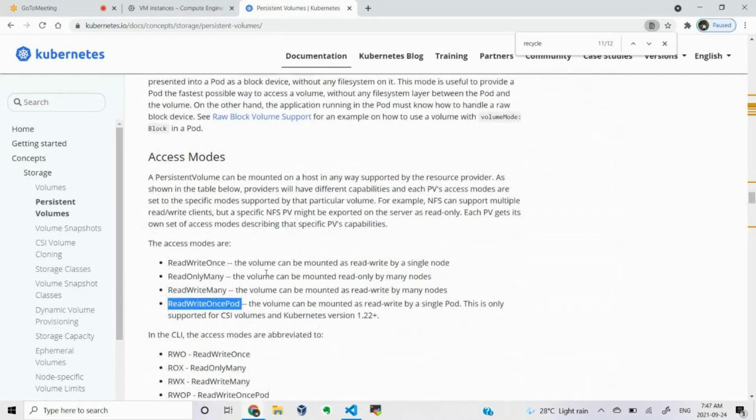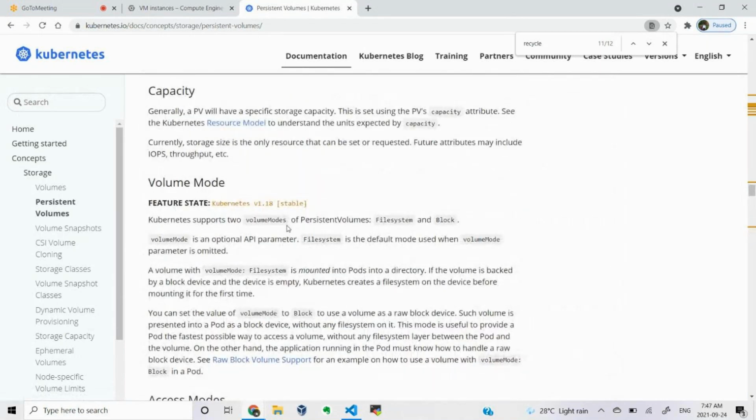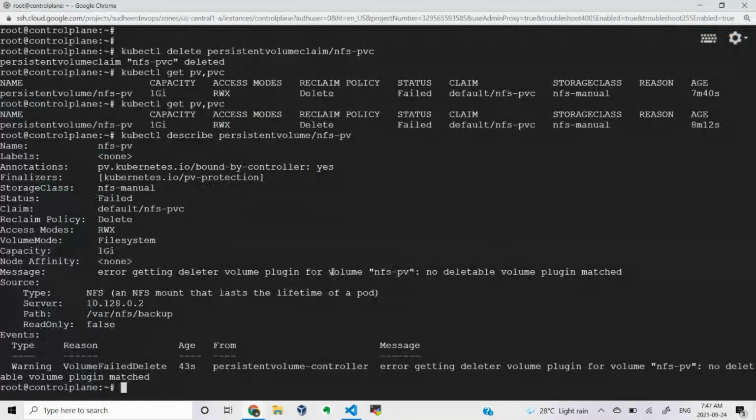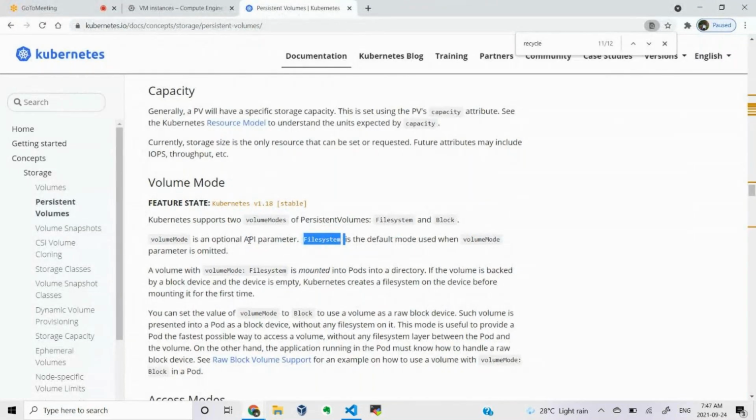Okay, and then we can understand what is this volume mode. We have file system and block. Okay, so right now you will see a file system, right? If you try to give a describe of this one, you can see file system right now. Okay, so I'll tell you what is this file system and what is block. Okay, access mode, and we will see what is volume mode, both of them in the next class.